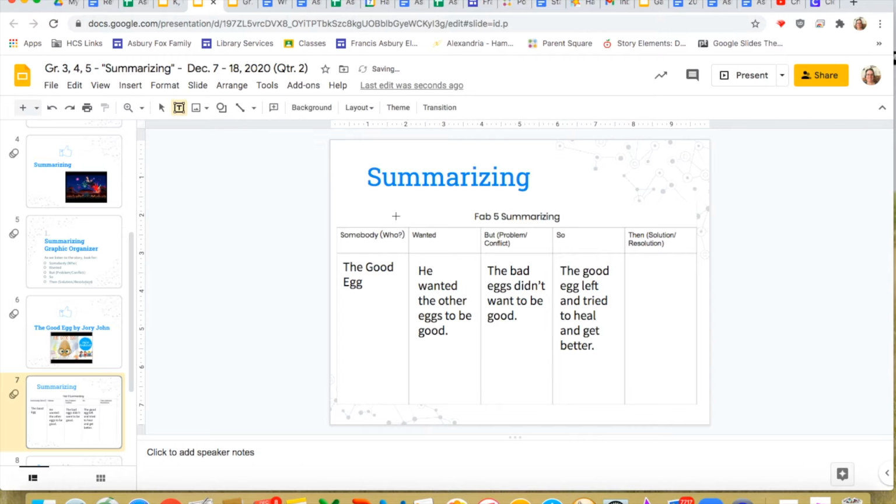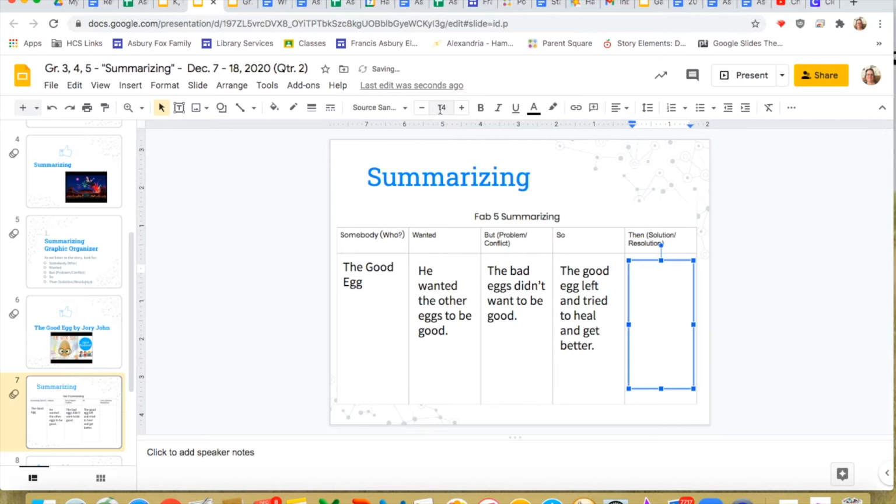And then, so what happened? So we know the good egg, he wanted the other eggs to be good, but the bad eggs didn't want to be good. So the good egg left and tried to heal and get better. Then, and we know he did, he left and he got better. Then what happened? What was the solution?